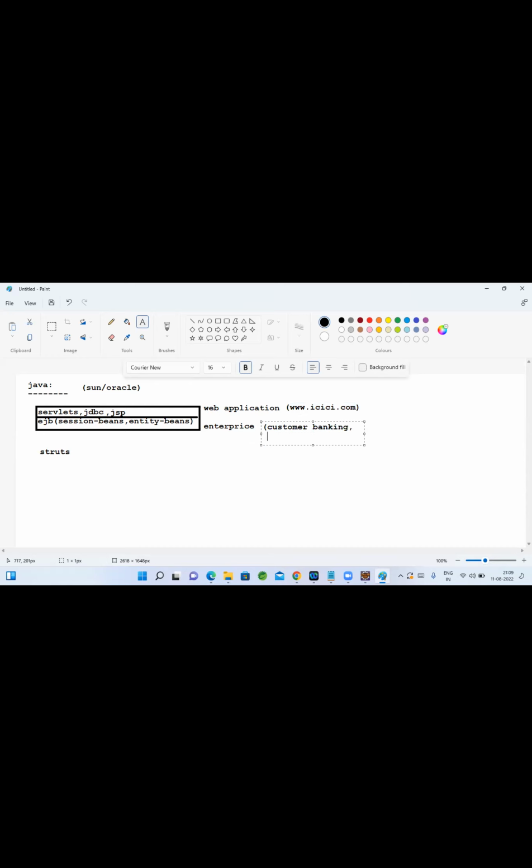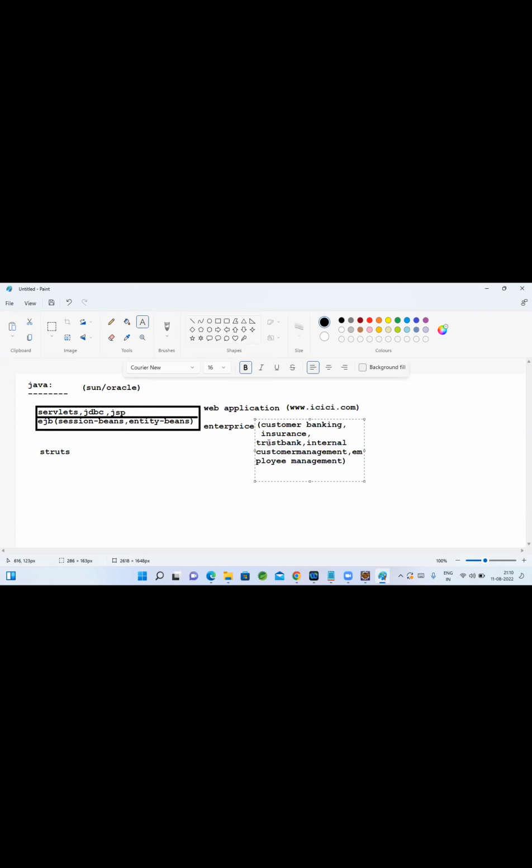But when you visit the actual login, customer banking, insurance, or anything else provided from their bank side, like their trust banking, or any internal applications, internal customer management applications, or their employee management, all such applications we can consider as enterprise applications because they will have many business dependencies.